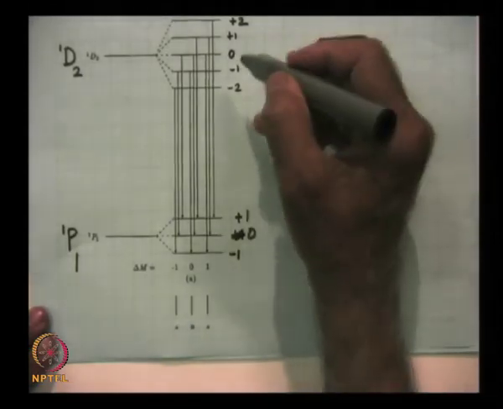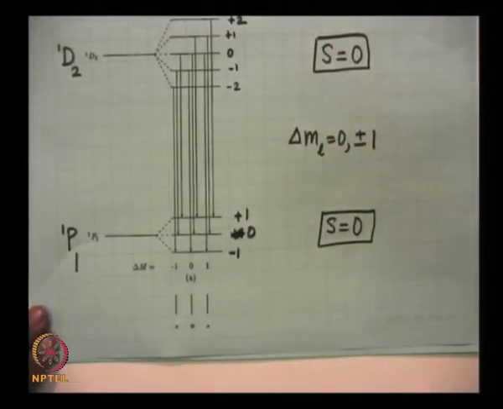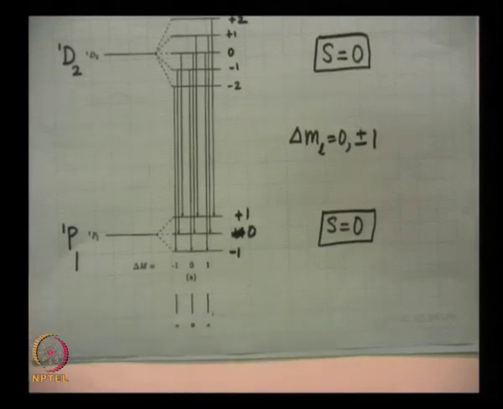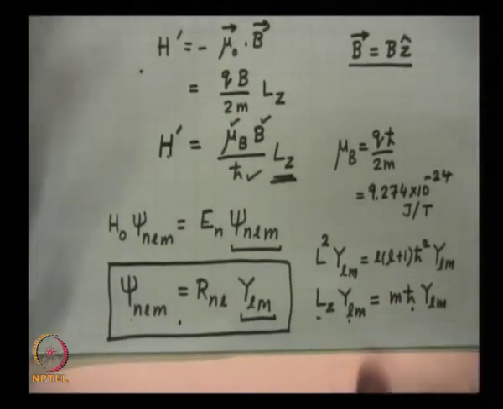And as you can see from the figure, the splitting is the same here as well as here, and therefore it results in a Lorentz triplet. This is what is known as the normal Lorentz triplet. There are 3 lines. So if I am able to neglect the spin term, then the interaction occurs only